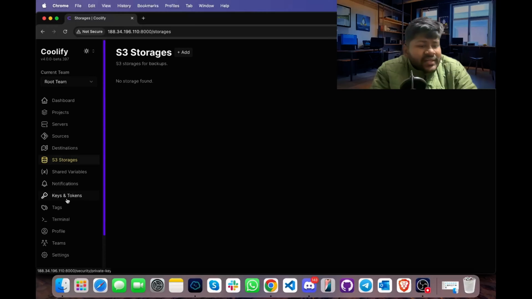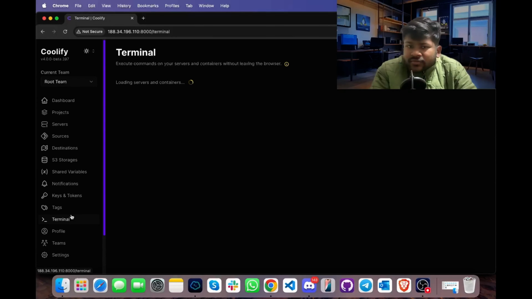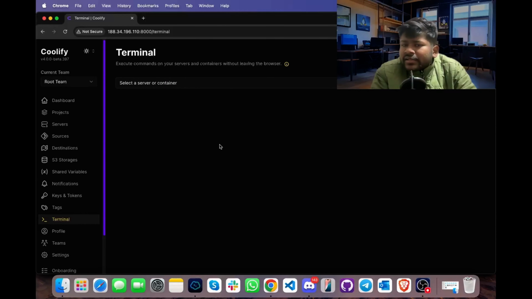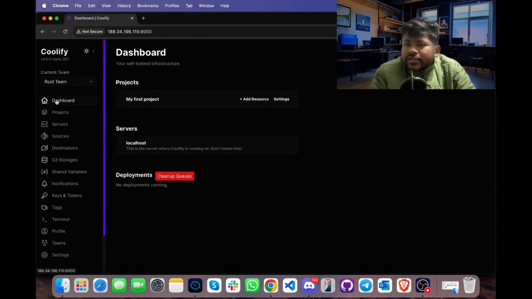You will also get terminal-based access to a container. For example, you have several containers and you want to troubleshoot one of them using some specialized commands. You can choose the container, connect to it, and then execute the commands. Coming back to the topic, I will proceed to our dashboard, and since I am going to deploy my first